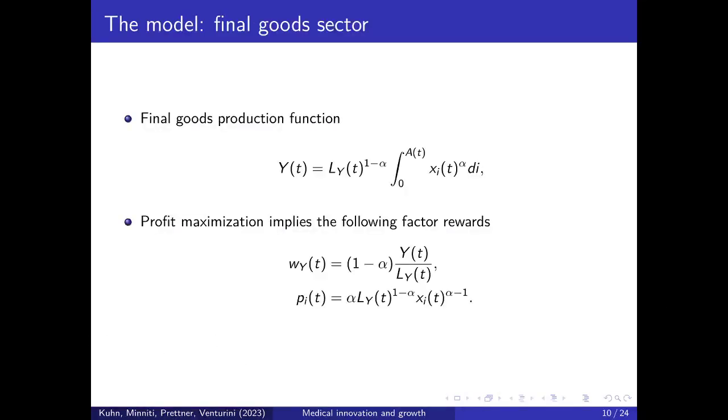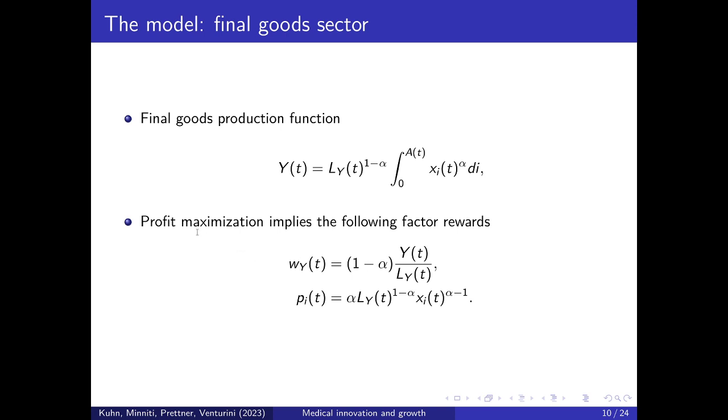This already concludes the description of the consumption side, and we now come to the description of the production side, which is fairly standard as in the standard Romer type of growth model, where we sterilize the scale effect. So here we have the final goods production, which happens with the first type of labor, so the workers in the final goods sector, with an output elasticity of 1 minus alpha, and intermediates with an output elasticity of alpha. We do not have only one intermediate, we have as many intermediates as we have blueprints in the economy, so we have to integrate over all these intermediates from 0 to the state of technology A_t.